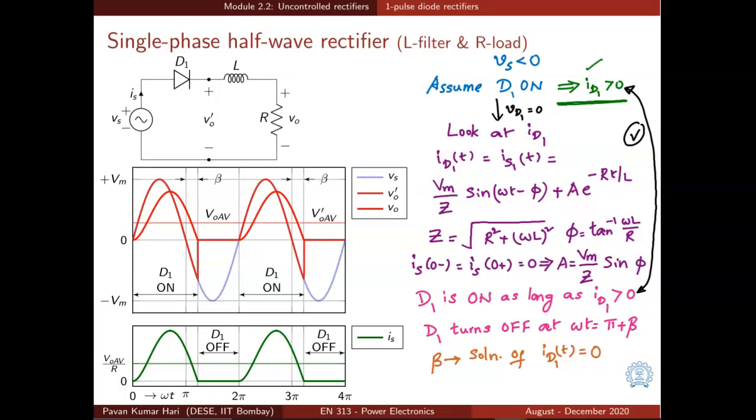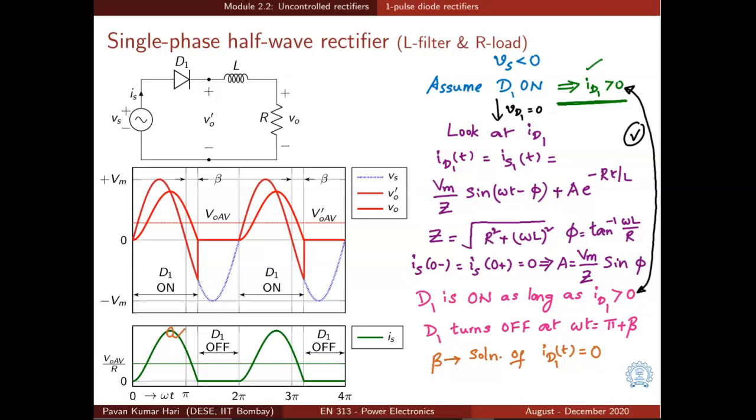But when will it turn off? From the expression of diode current, we can say that the diode current will have a peak just after the voltage peak in the positive half, and then the diode current starts falling in the positive half itself,